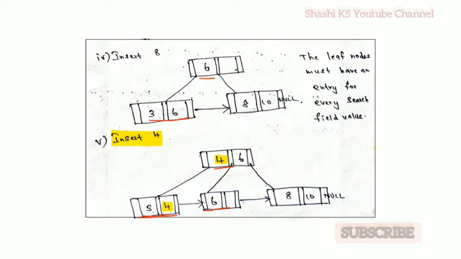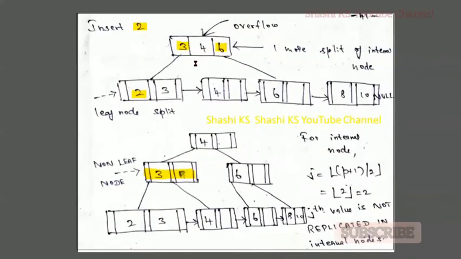So that means again there is a leaf node split here, and 2 and 3 will be kept in the same node. 4 will be moved to a different node, and 3 has to be replicated in the parent node. So that is what has happened here. When that has been done, now there is an overflow in the parent node. So again the parent node, or the internal node, has to be split.